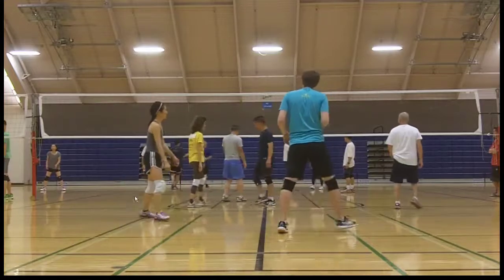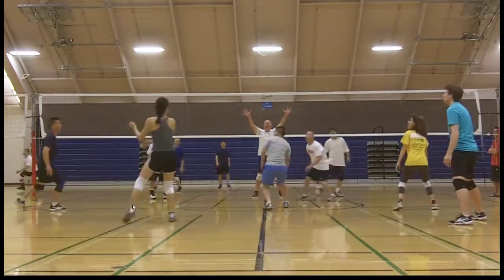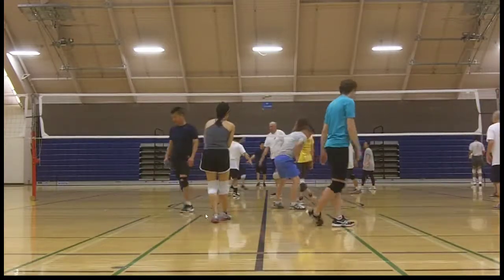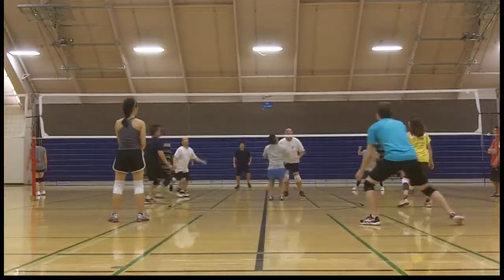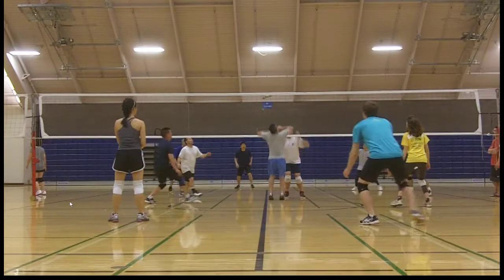That's a tough set. It ends up between two players. But I think we should be able to keep that one in play. So a couple things. Even a pass that went to the right sideline is still playable by the setter, whereas we saw earlier that one of the passes went to the left sideline, and essentially no one is there. So if you're overcorrecting,